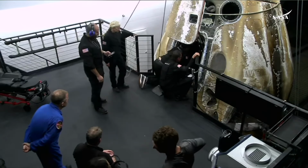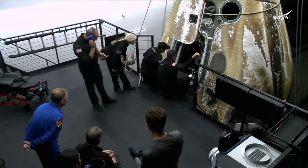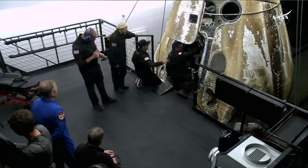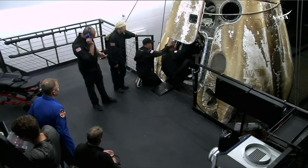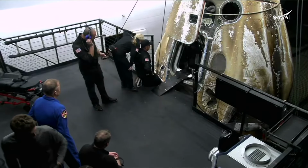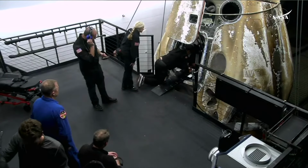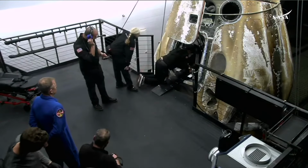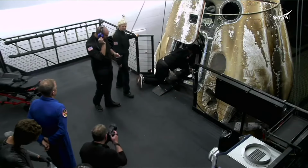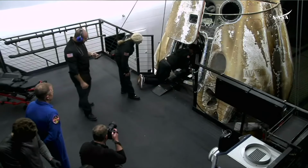Something I want to point out while we have this particular camera angle, we can see the crew window there, kind of frosted over due to the effects of that high heating during re-entry. That is the side where Jeanette Epps is seated. Now, above that window, you see what looks like this circular hole, and that is actually one of two bays, if you will, where the